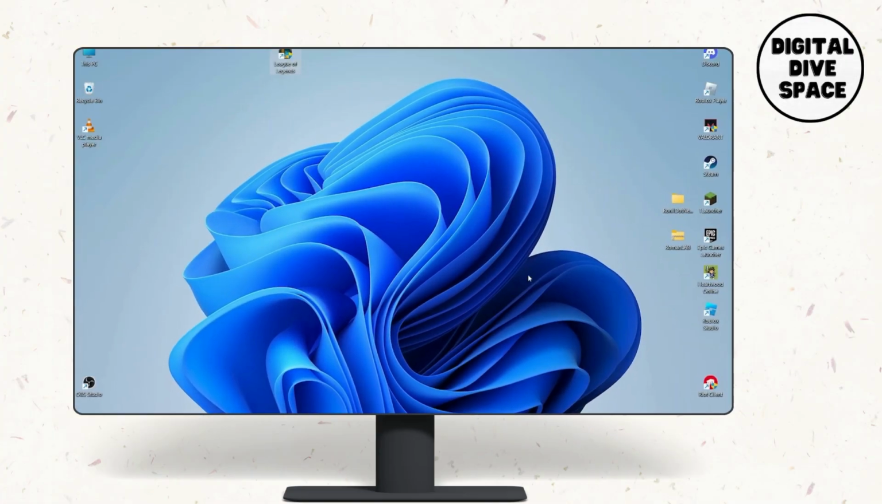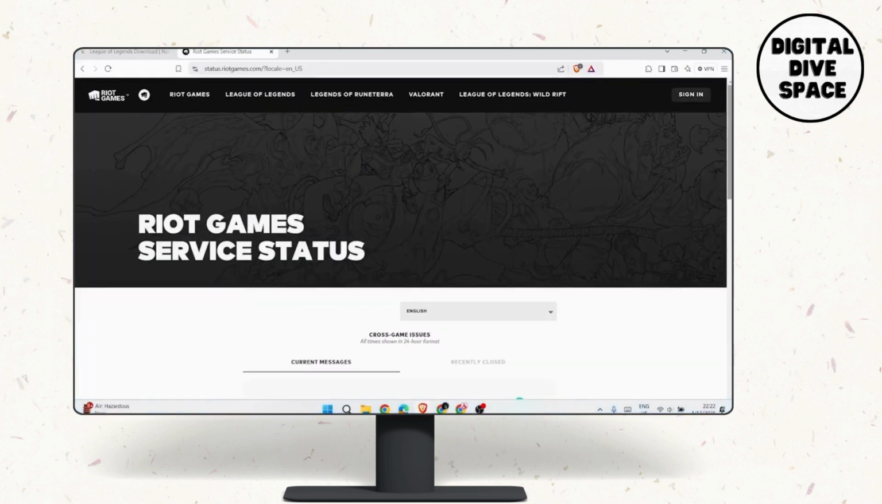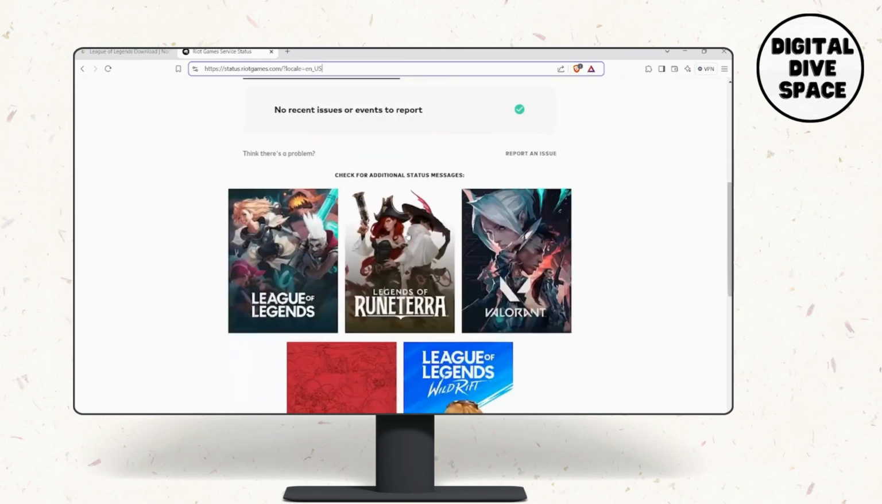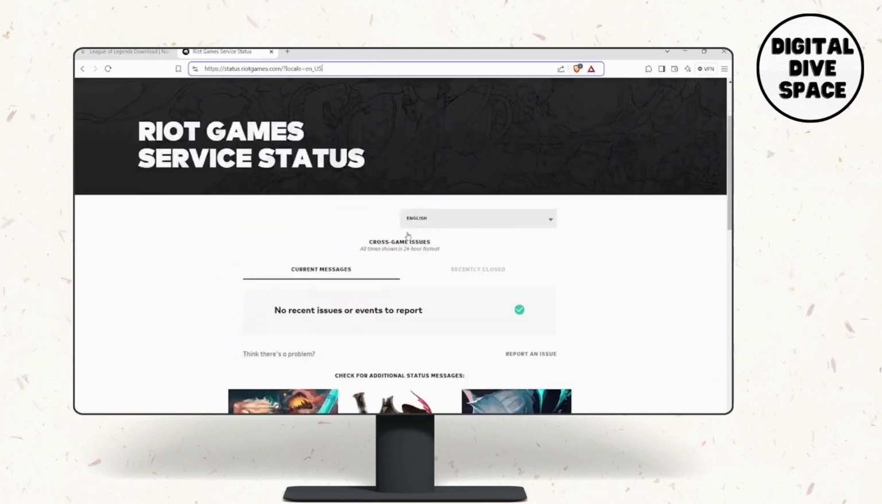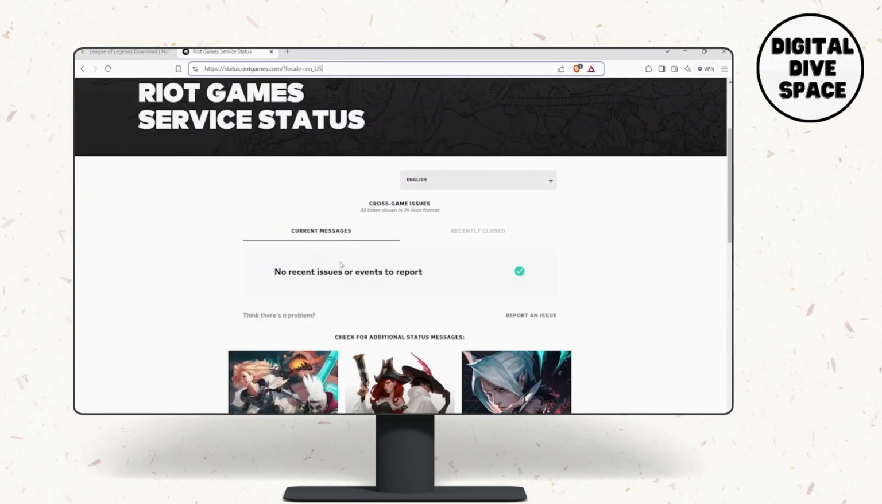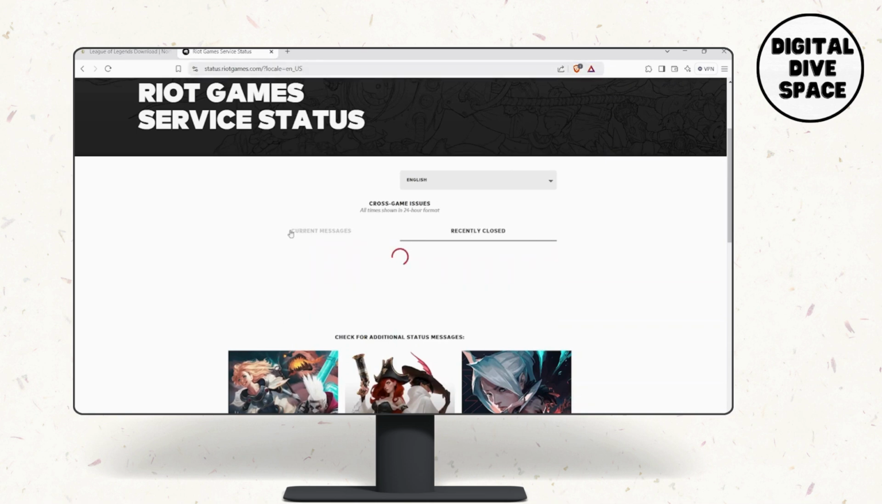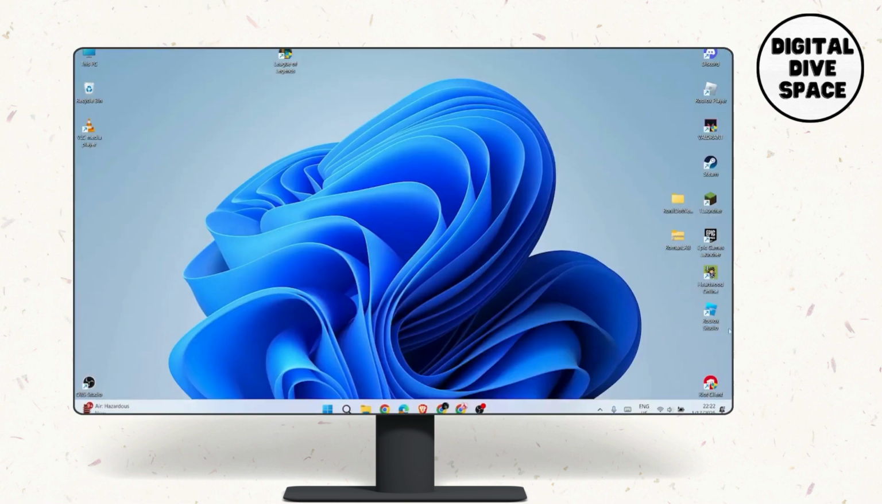of Legends. So first, what you want to do is go to your browser and go to status.riotgames.com. Here it will show if the server is down or not. It will show the status of the server. So if it doesn't have any problem, then it's on your end, so just go to your internet and